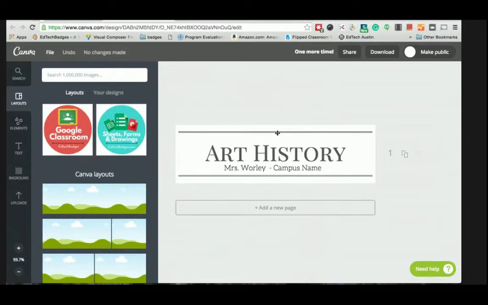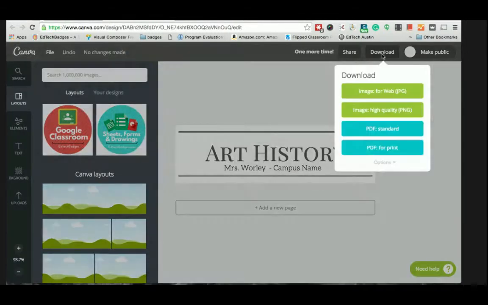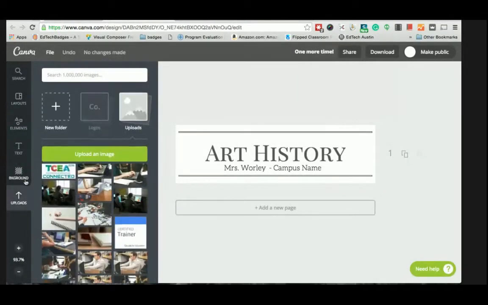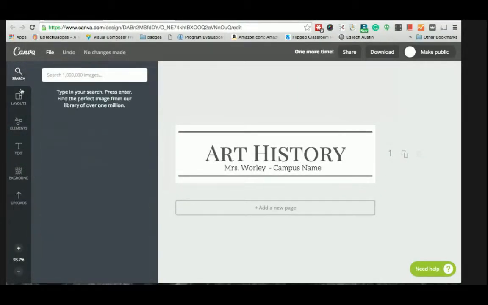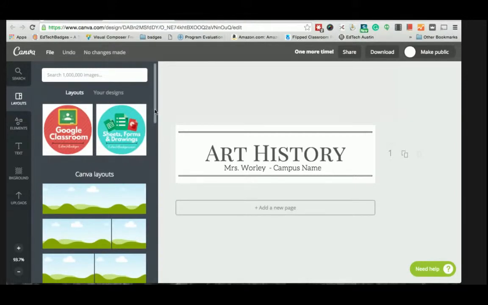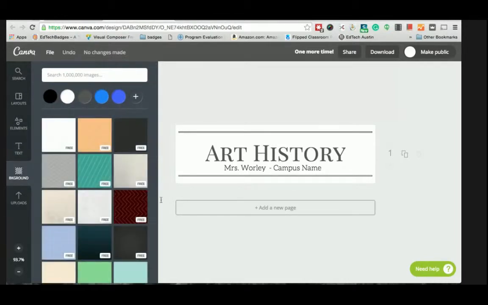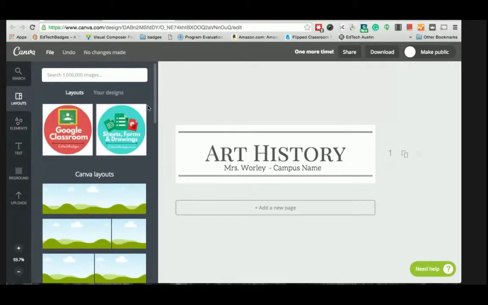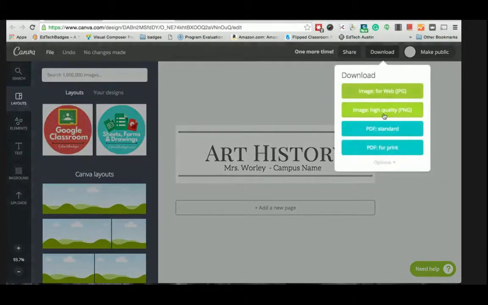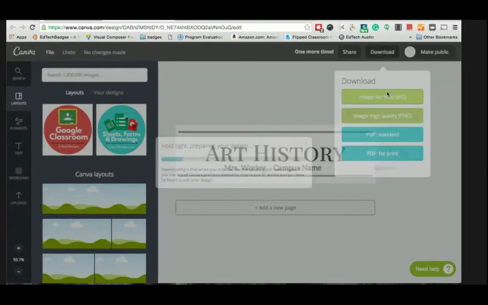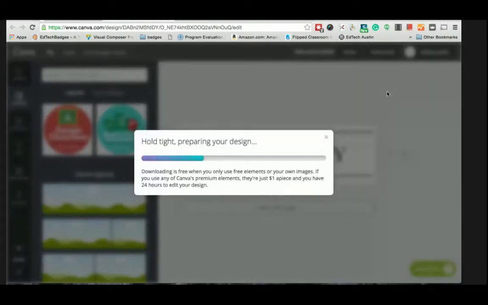So very simple. Now I've created my design. What's nice too is if you go to layout, usually it gives you a whole bunch of designs that you can edit, but for some reason I don't see it. Okay, so if you go to download, high quality PNG or image for web, well, we're just going to use this for a website, so